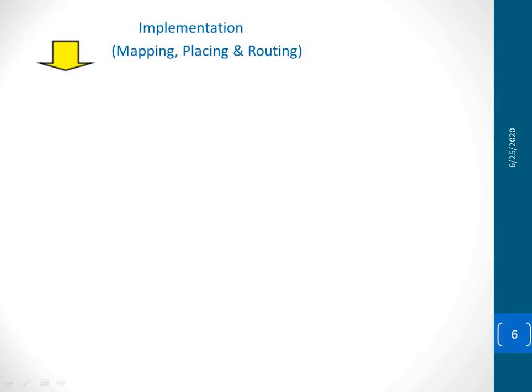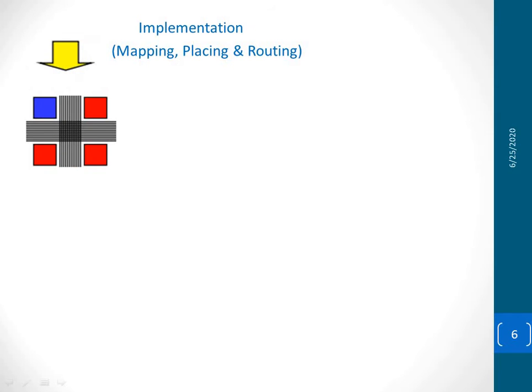The next step is the implementation stage, where we map, place and route onto the chip. Generally the PLD or the chip consists of some logic blocks and an interconnection matrix. The red and blue are indicated as logic blocks. If my design is very small, I can fit it in the blue. If my design is too long, I need to make use of all the logic blocks which I have. So it automatically converts all this. And the black wires that you see are called the interconnection matrix.